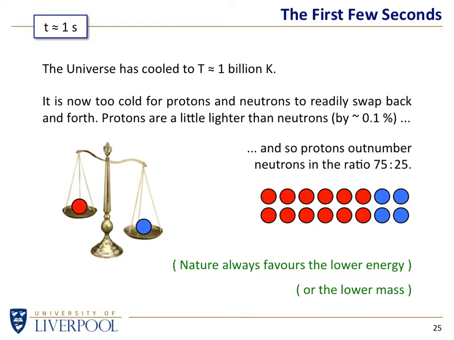They're almost the same, so it doesn't produce all of one and none of the other. They are only slightly different, but that slight difference, which we can measure in the laboratory, we reckon ought to produce a ratio of 3/4 to 1/4. In the first 1 second of the universe, according to the rules of physics that we understand today, the universe should have made 3/4 protons and 1/4 neutrons. That is a prediction based on what we understand.